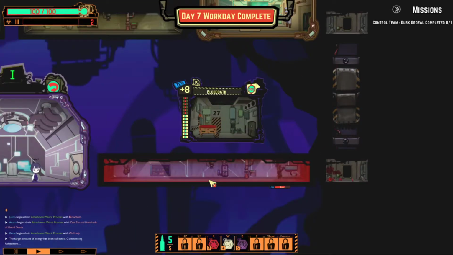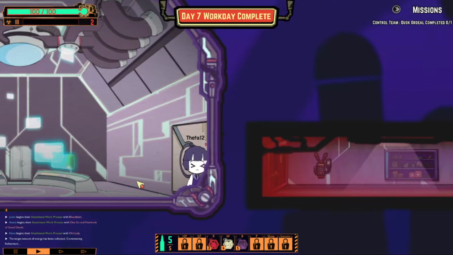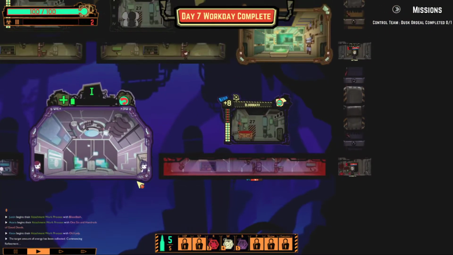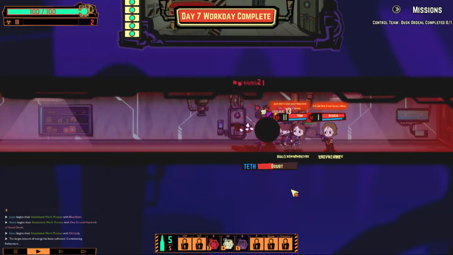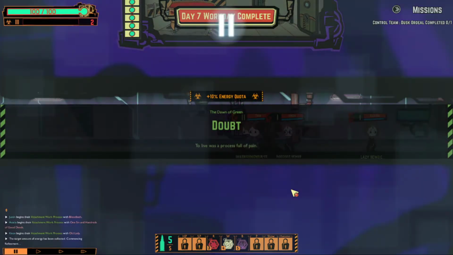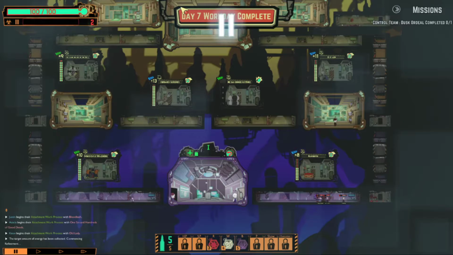What's the bet one of them at least dies? That'd be annoying. Ain't she the cutest? Gonna die though. Yeah, that ranged advantage is a little bit good. And that's quite... doubt is done, so...